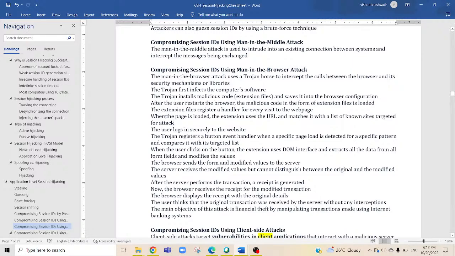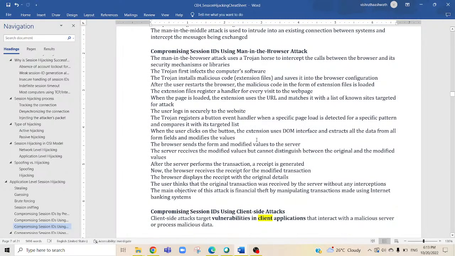So the attacker might have some target in mind, and he might have used a list of sites. So this Trojan will compare this list with the page that is loaded, and if they match, and if the user logs in securely to the website, the Trojan registers a button event handler when a specific page load is detected for a specific pattern and compares it with the targeted list. It compares the targeted list with the loaded page, and then if it matches,